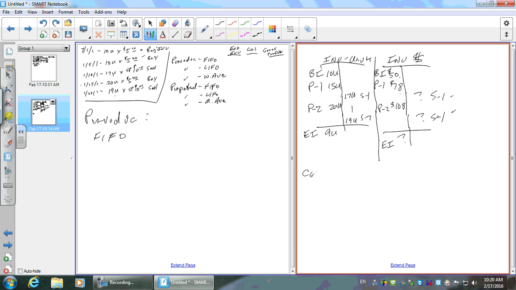Cost of goods sold would look like what, everybody? Beginning inventory plus what? Purchases. Gives me what? Available. Less what? Ending inventory. Gives me what? Cost of goods sold. That's all we're doing here. Everybody got it? And that's what's going to show on the financial statements, and we're determining what's going to be